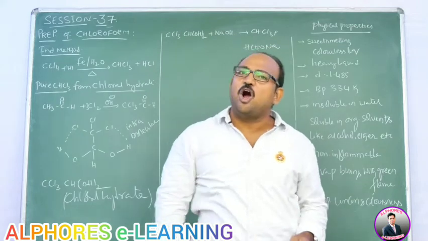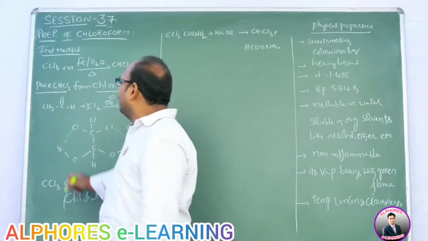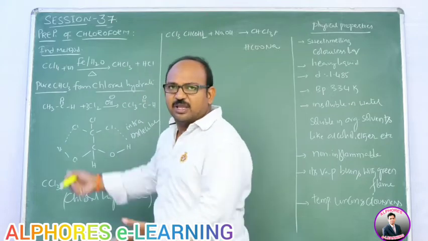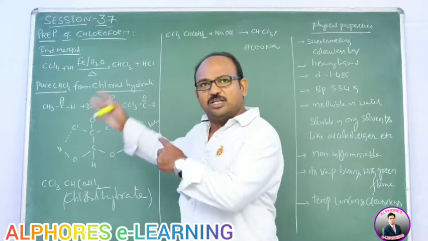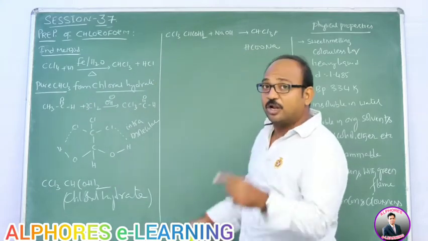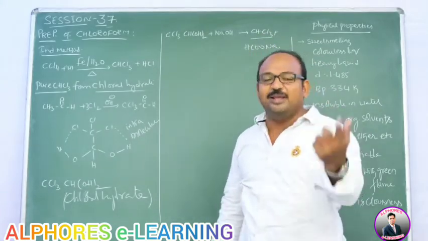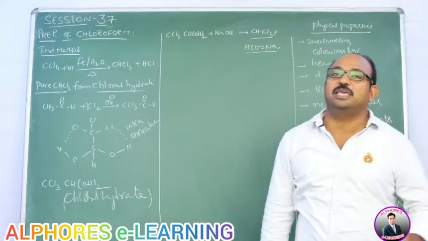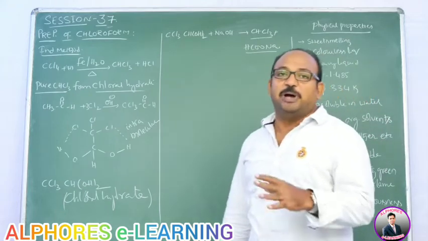Again, have a look here. How many carbon atoms are there in the initial substrate? Chloral hydrate is obtained from acetaldehyde, and acetaldehyde consists of 2 carbon atoms. Chloral also consists of 2 carbons, and chloral hydrate also consists of 2 carbons, right? Now, of which 1 carbon comes out as chloroform, and the remaining carbon comes out as sodium salt of carboxylic acid. That means HCOONa we are getting as byproduct.